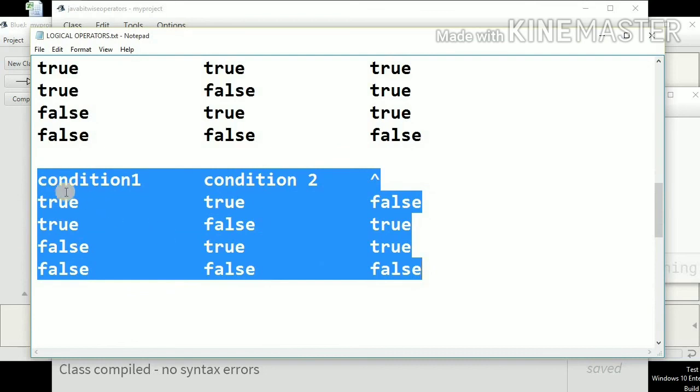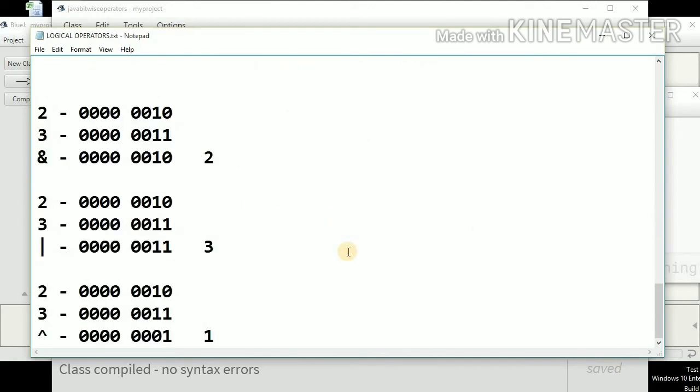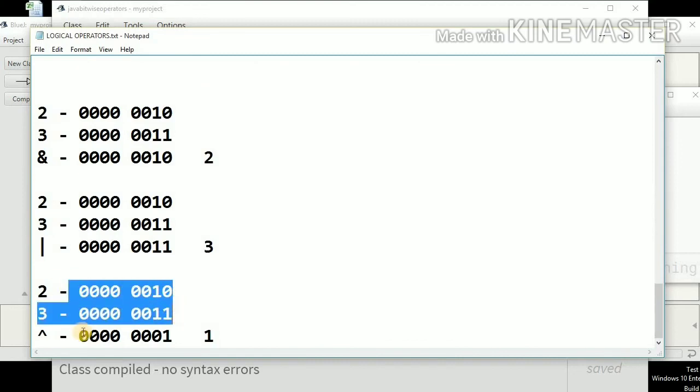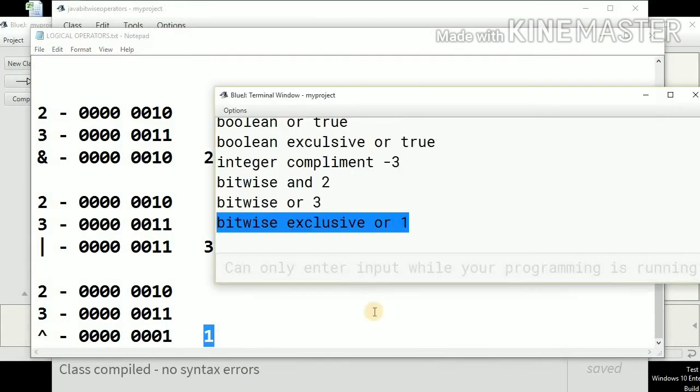Whenever both the conditions are similar, the result is false, and whenever the conditions are different, that is, if one is true, the other is false, or one is false, the other is true, then the result is true. So applying this table onto 2 exclusive OR 3, we got this result, and this is the binary representation of 1. That is why we are getting the output as 1.